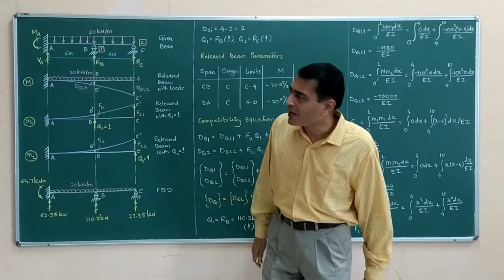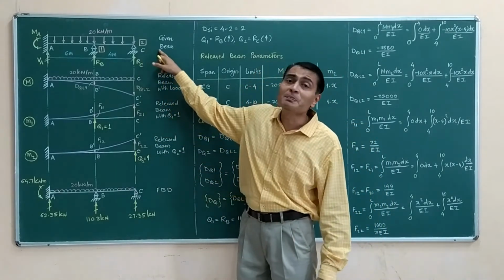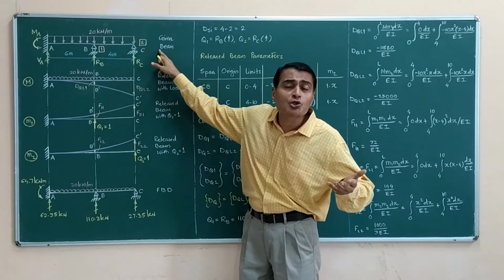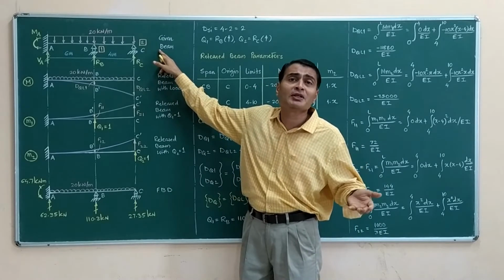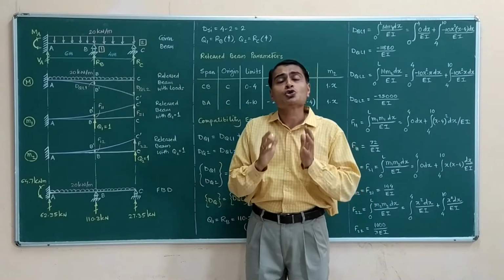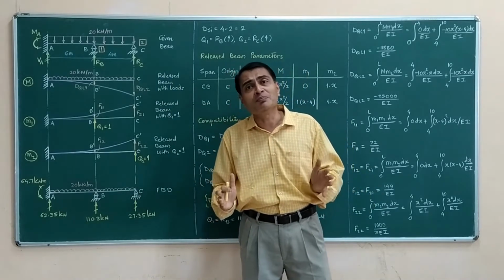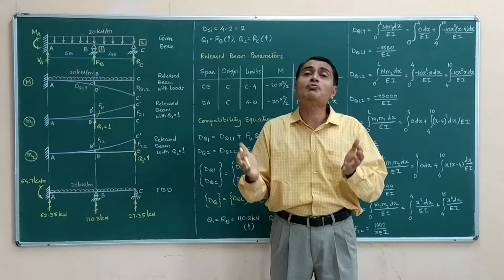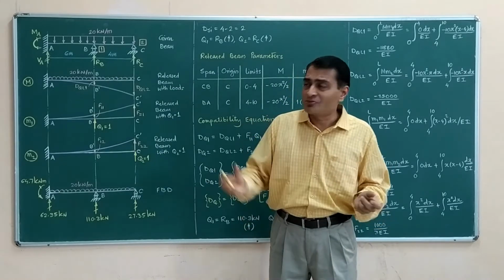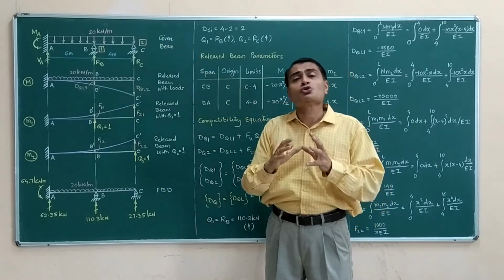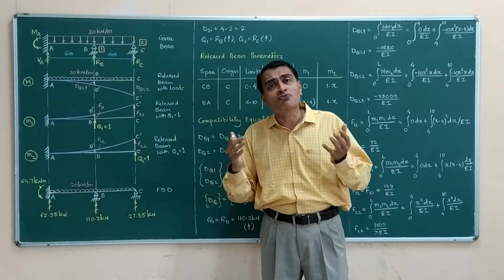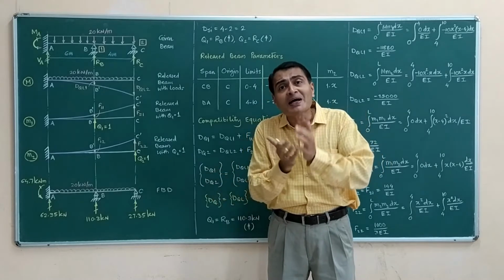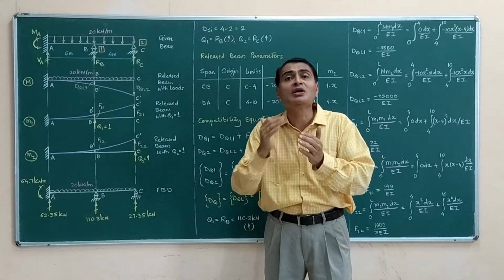So let's see what we have here. This is my given beam. Now how am I solving it? How am I approaching it using flexibility method? What is my methodology? I split this indeterminate beam into a few determinate beams